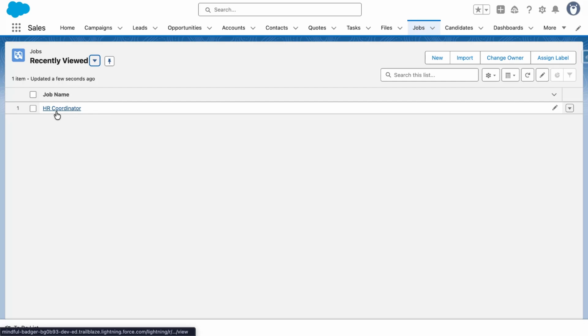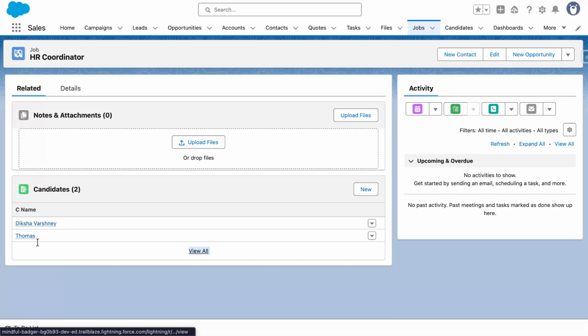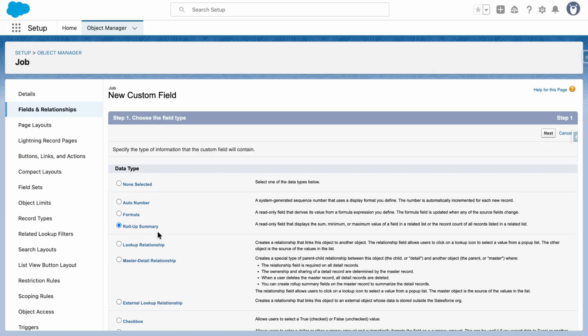In the HR coordinator, we can see there are two records from candidate listed here. To count these records and show this count on the HR job role, we will have to create a roll-up summary.